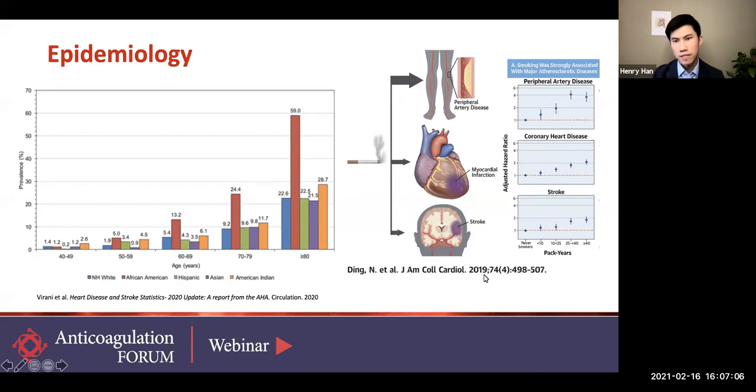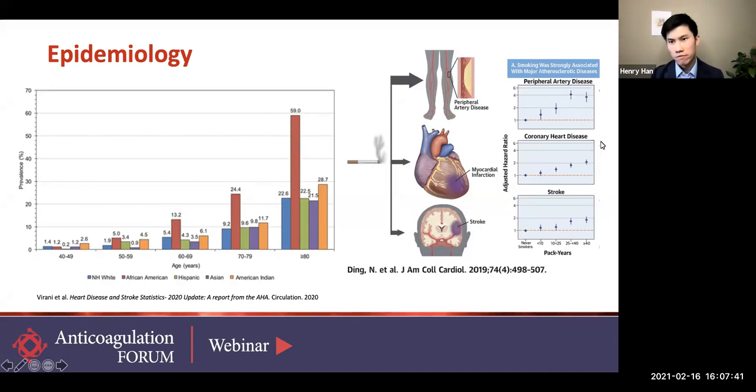Moving on to the right-hand side graphic, we've known for a very long time that smoking is a very important risk factor for peripheral artery disease. This was a study by Ding et al. from a couple years ago now, and they looked into how smoking affects your risk for different forms of atherosclerotic disease. And so we'll start with this top graph, which you'll notice that for people who have smoked more than 25 pack years, upwards of greater than 40 pack years, you have a 4-fold risk of having PAD.